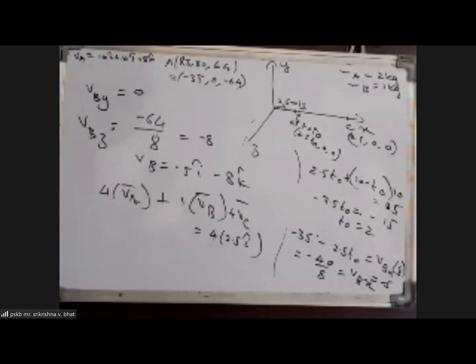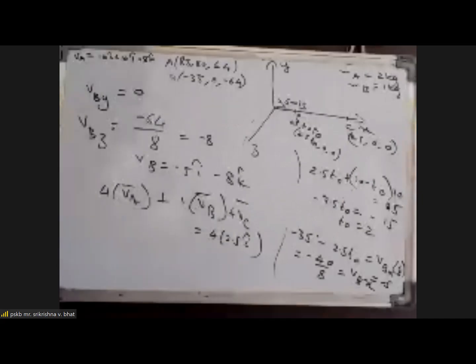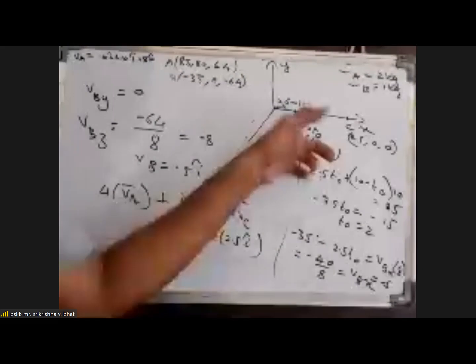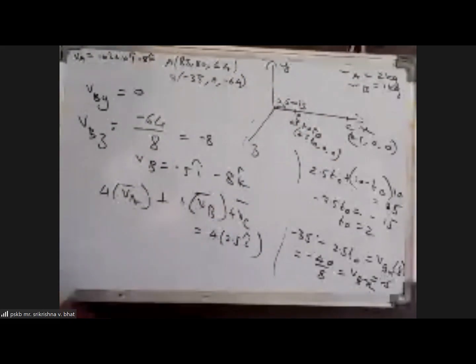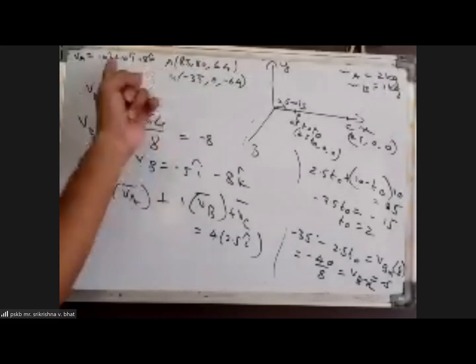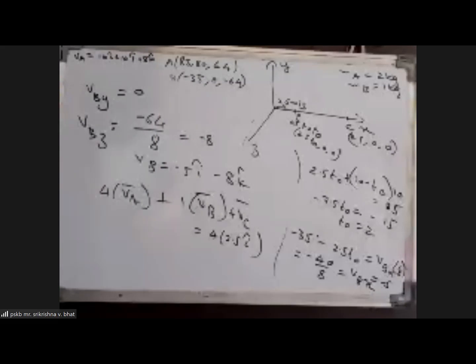Either we need to determine time or we need to determine the location of C. Because after determining the position of C, we were able to conclude something, but that was because the position values were being given like that. But in general, if there were some other set of values instead of this, if the motions were not projections of one or the other, then the general approach would be to figure out the time when the collision explosion has taken place, and for that we require to know the velocity of A and the position. Yes.